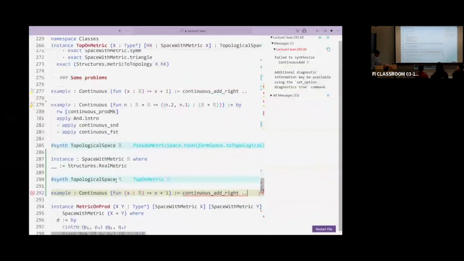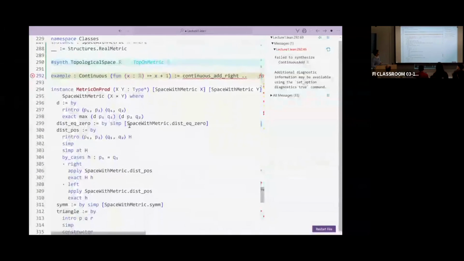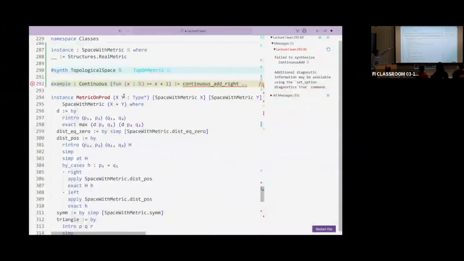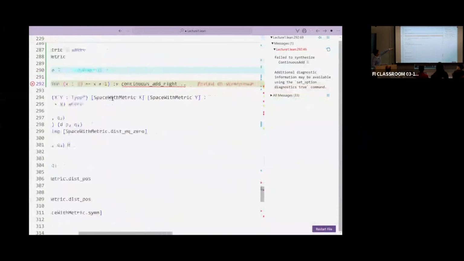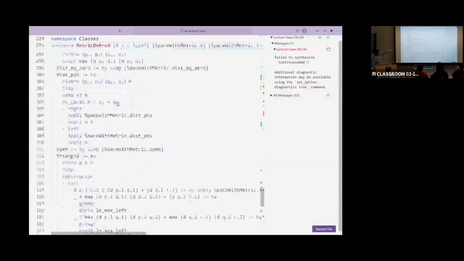And this is the same thing I did before. In a sense, it's a slightly more complicated example, but it's in the same spirit. Once you have defined what is a space with metric, you can observe that if you have two spaces with metrics, you can define a space with metric structure on the product.